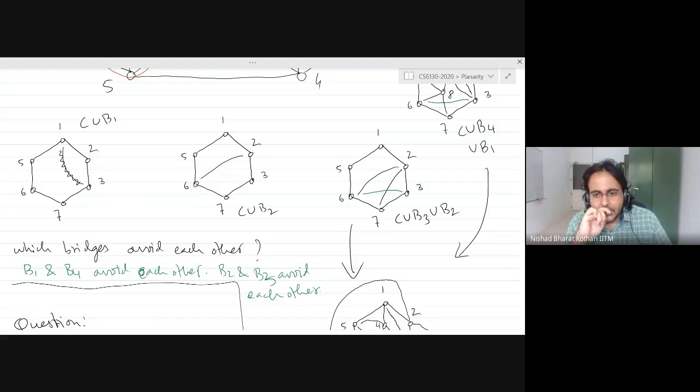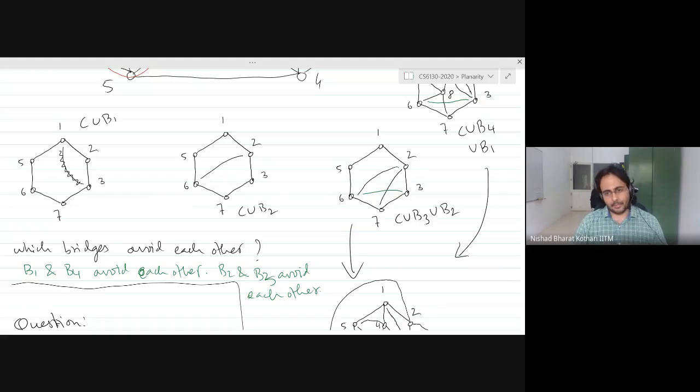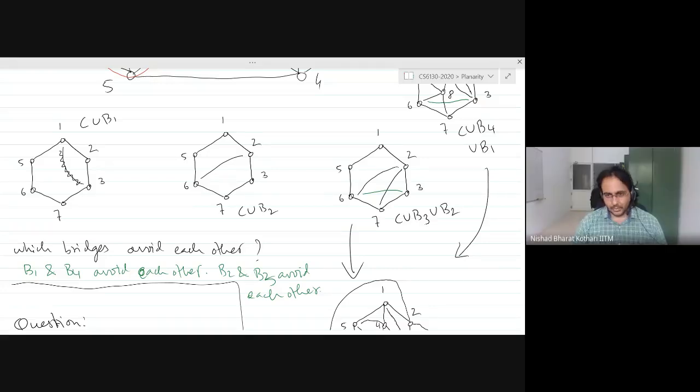Right. So what you want to do is take all the bridges of the graph, and make sure that 3 are not mutually overlapping. Is that what you're saying? Yes. 3 or more are not mutually overlapping. If there are 2 overlaps, you can put one on the inside, one on the outside, and you're done, right? This is good. I like this.